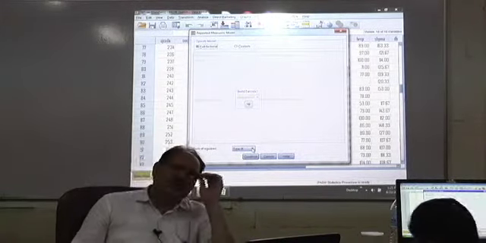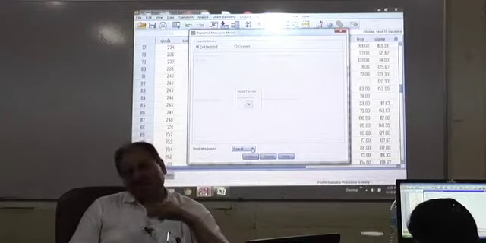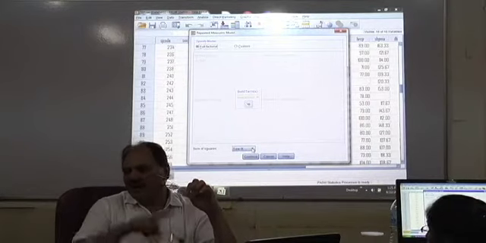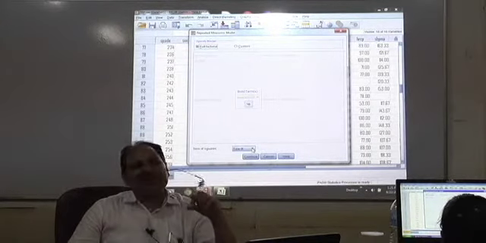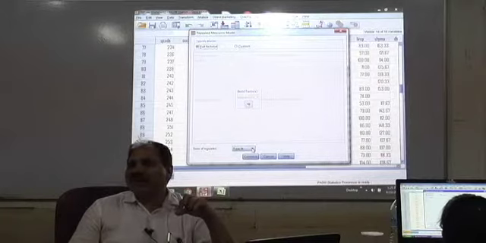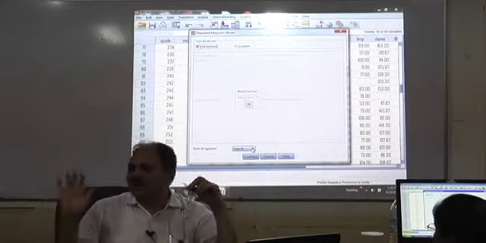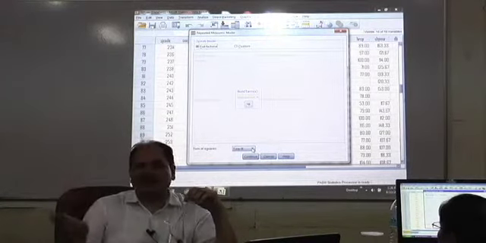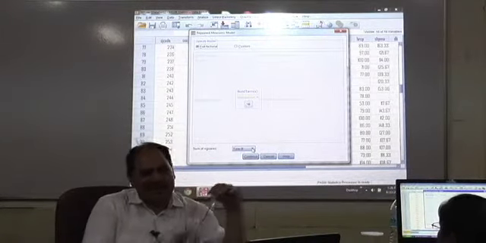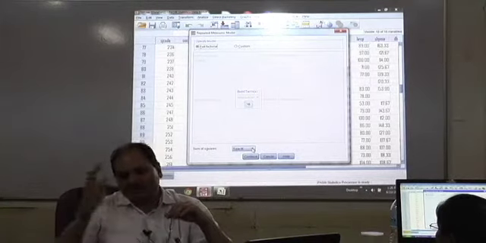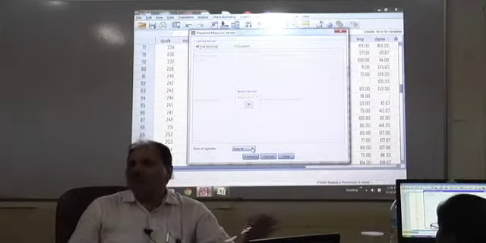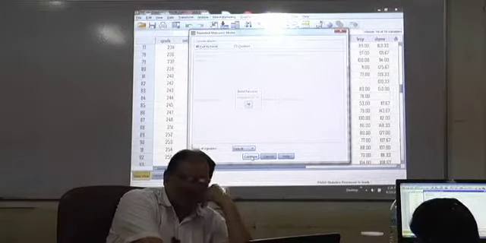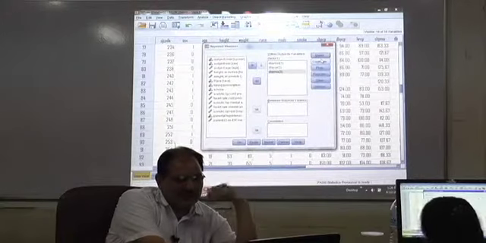But generally you need to select between 2 and 3. Type 3 assumes that all the cells have equal number of respondents, and type 2 assumes that the number of respondents are not equal. So you need to select between type 3 and type 2. In this case, since we are using the same sample, it is full factorial and type 3.